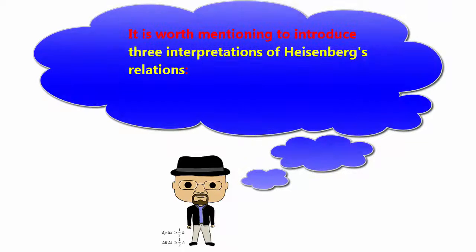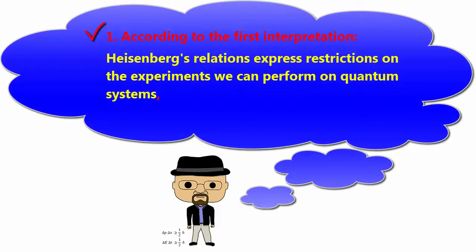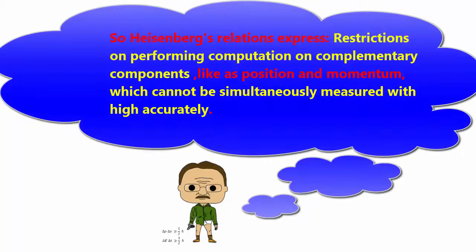It is worth mentioning 3 interpretations of Heisenberg's relations. 1. According to the first interpretation, Heisenberg's relations express restrictions on the experiments we can perform on quantum systems, and, therefore, restrictions on the information we can gather about such systems. So Heisenberg's relations express restrictions on performing computation on complementary components, such as position and momentum, which cannot be simultaneously